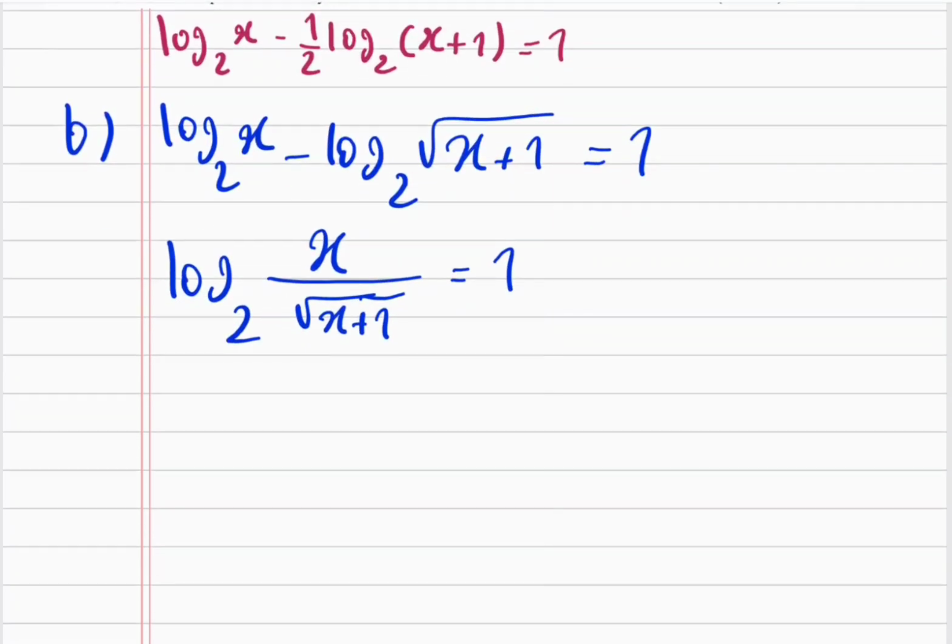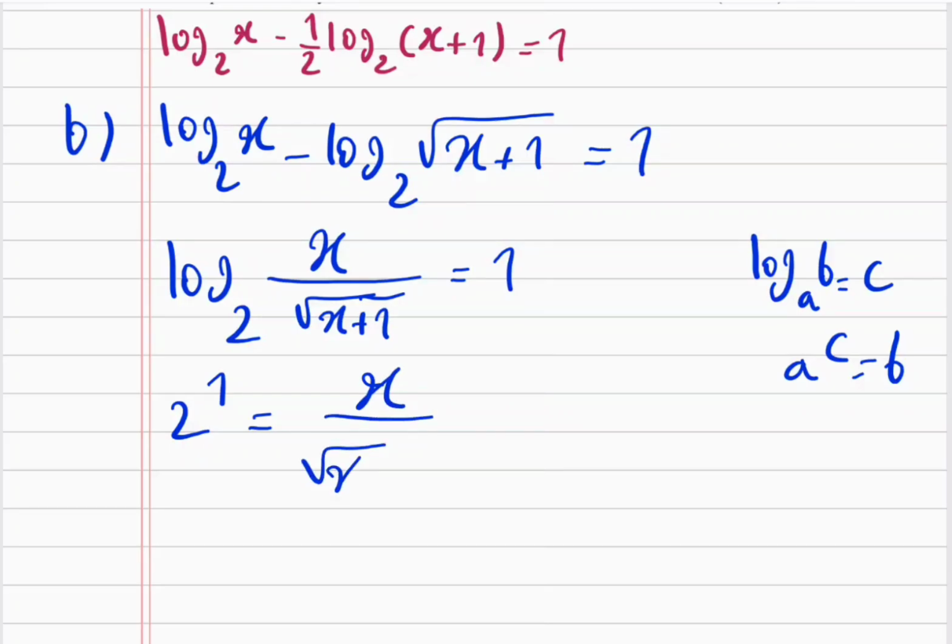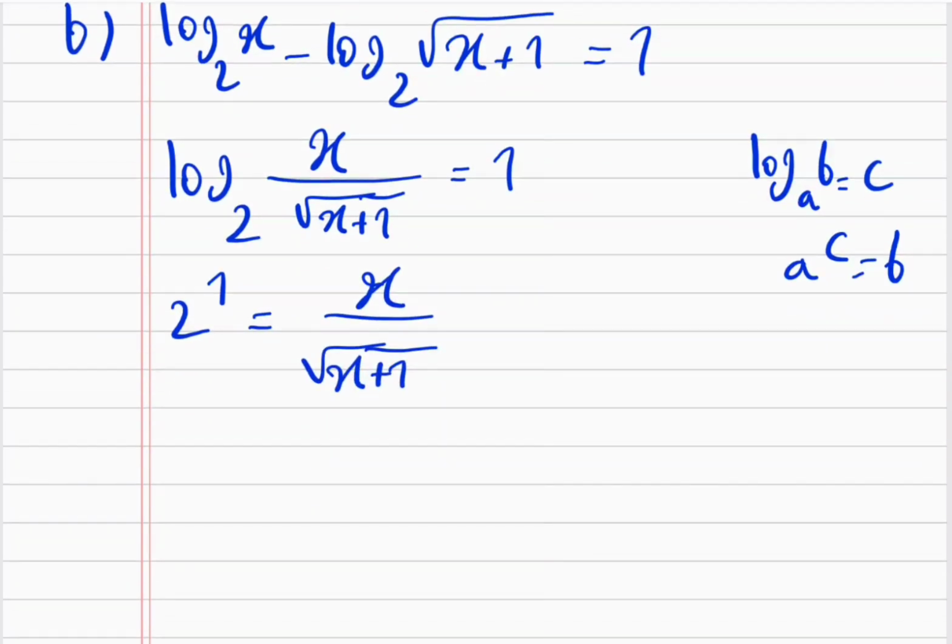Now after this step, we can use another property of logs, which is, whenever we have log base a of b is equal to c, this is the same as a to the power of c is equal to b. So in this case, the base is 2, so we can rewrite this as 2 to the power of 1 is equal to x over root x plus 1. And now we just do a simple cross multiplication, so we get 2 root x plus 1 is equal to